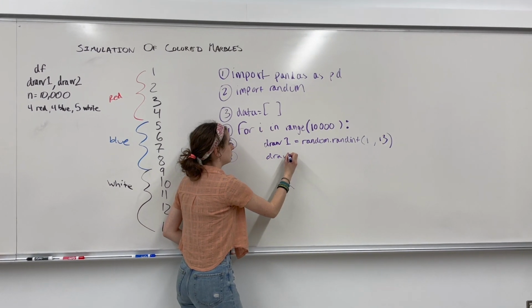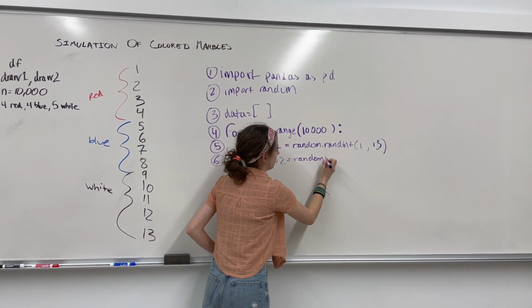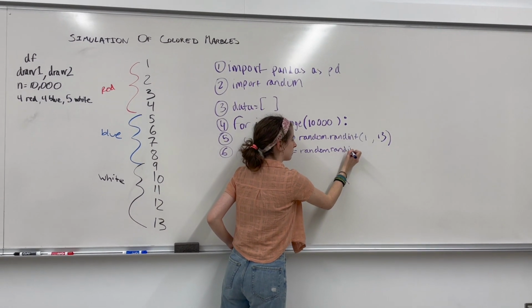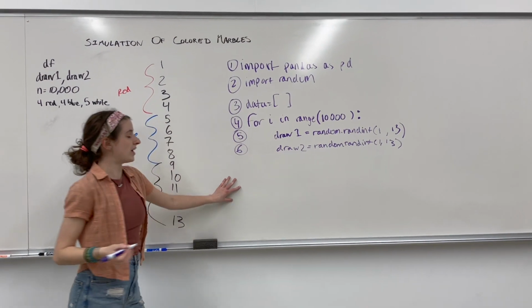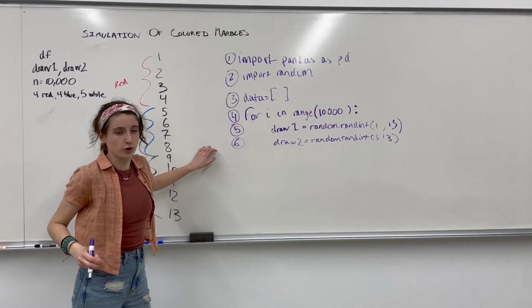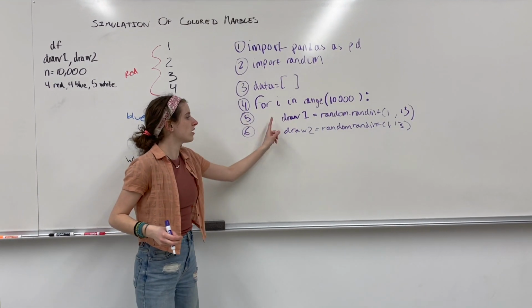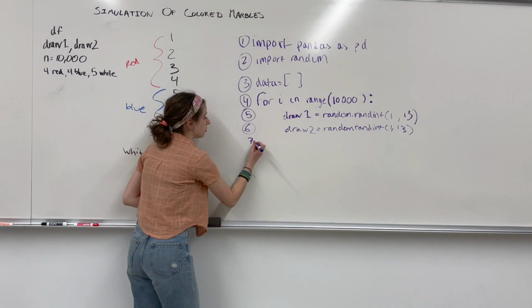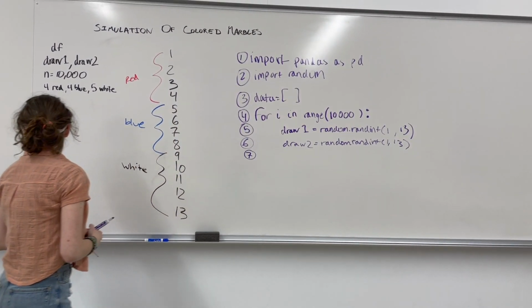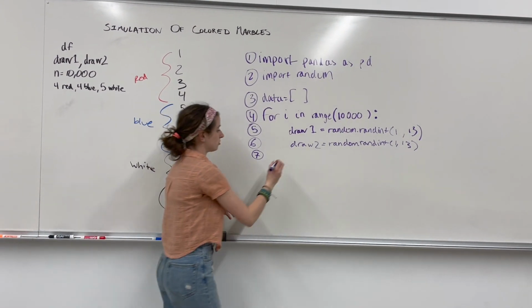The second marble, random.randint, 1 through 13. So that will, every time you run through the for loop, select one of the 13 marbles for your first marble, put it back, select one of the 13 marbles for your second marble. And so our next step in our classic simulation steps is just to